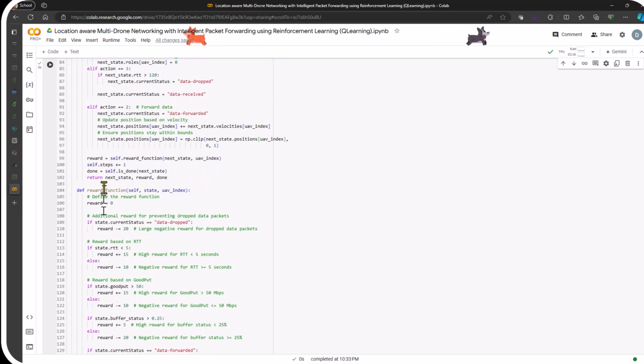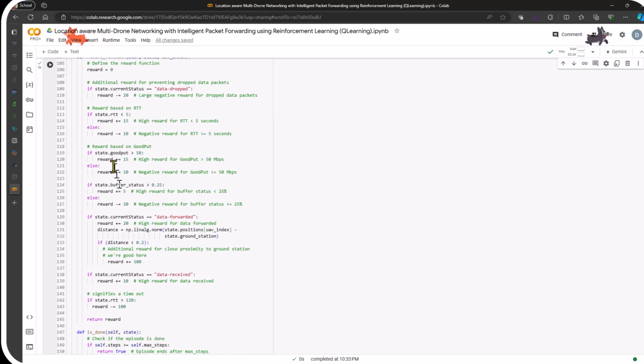And so what you'll see here is the rewards are calculated through the reward function, which is where we do that check. So in the reward function, we're checking the name of the state. So if this was a dropped, we set the reward to -20, like I mentioned earlier. If the total round trip time was less than 5 seconds, then we give +15 as a reward. Otherwise, we give -10 as a reward.